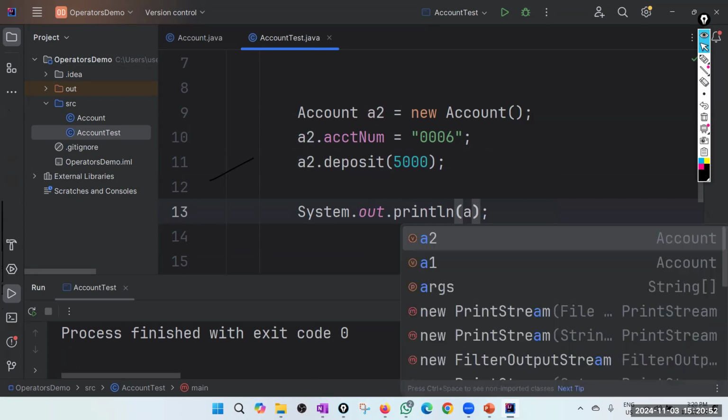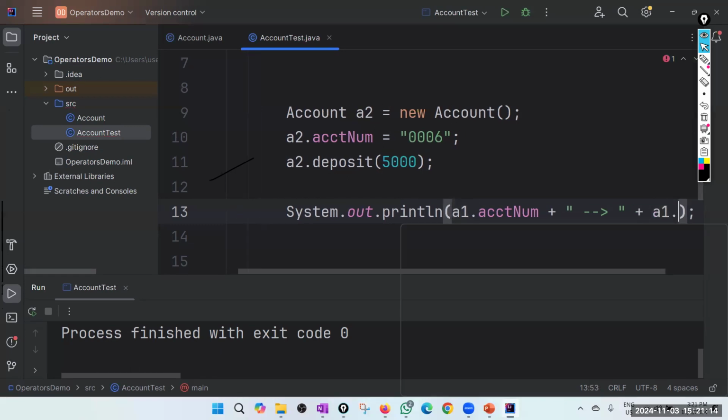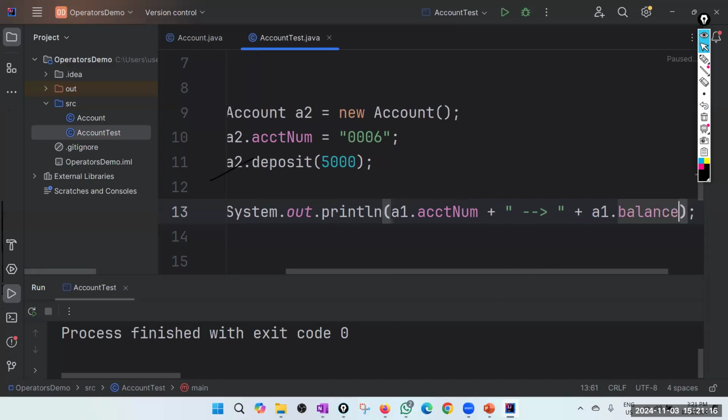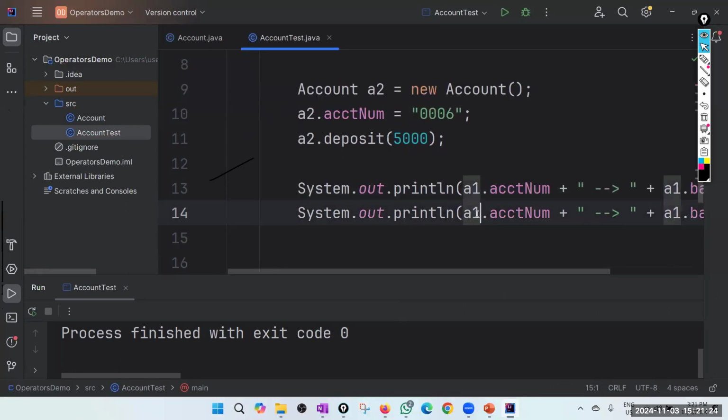Say a1 dot account number, maybe something like that, concatenation, and a1 dot balance. So I want to print the second account details as well. Assume a2 dot account number, a2 dot balance.